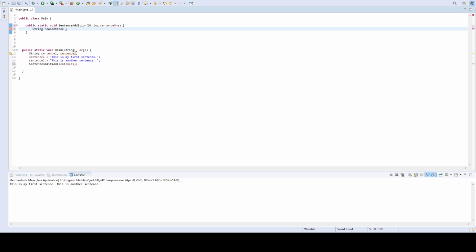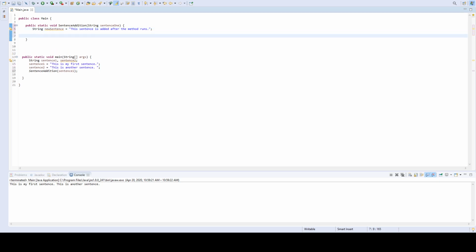I'm going to set that equal to "this sentence is added after the method runs." I don't know, some stuff. And just to show how we can play around with the methods and how they work,